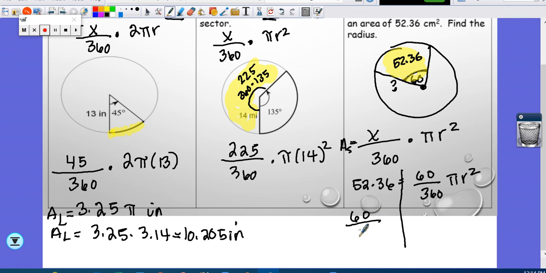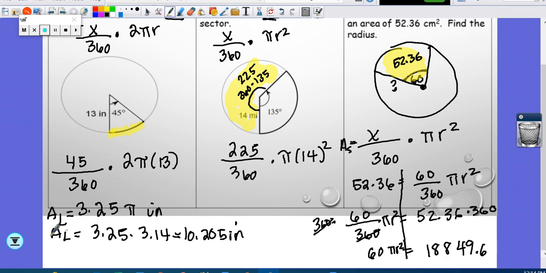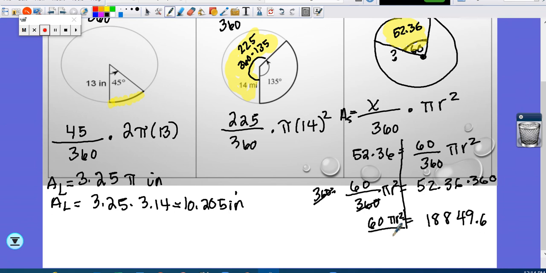So I'm going to do 60 over 360 pi r squared, and I'm using the symmetric property of equality to flip this around. I'm going to multiply both sides by 360 so I can get rid of that fraction. So that's gone away, so I get 60 pi r squared equals, then I'm going to say 52.36 times 360 is 18849.6. And then from there, and you can use decimals to help you with the calculations, then divide by 60 pi, and we get r squared,